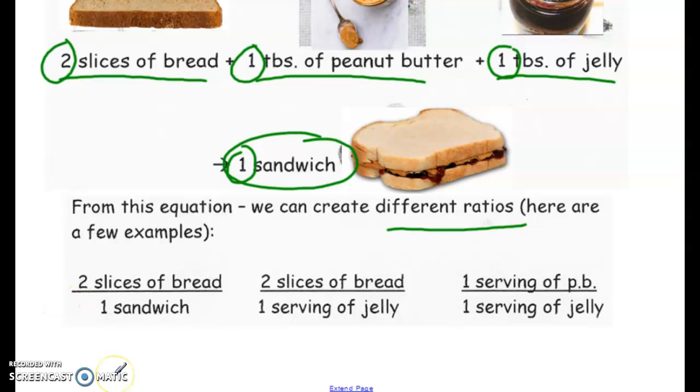So these are not all of them that are possible, but I'm just giving you an idea. For every 2 slices of bread, we can make 1 sandwich. For every 2 slices of bread, we have 1 serving of jelly. For every 1 serving of peanut butter, we have 1 serving of jelly, right? We can talk about for every 1 serving of peanut butter, we need 2 slices of bread. You can mix and match anything that's in this equation